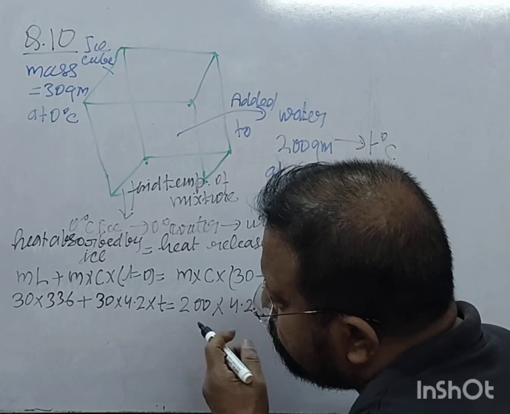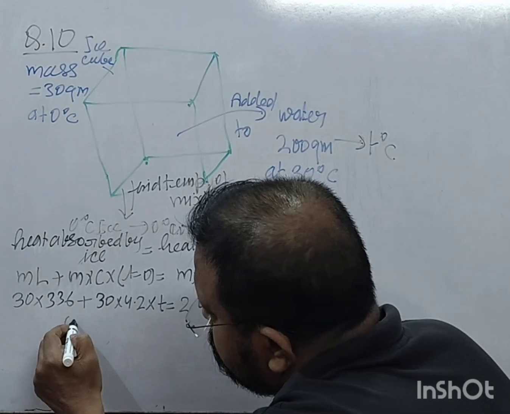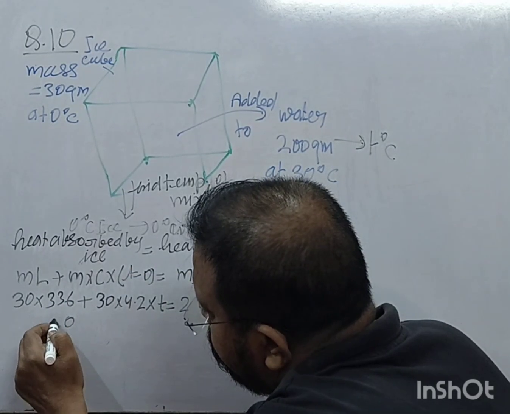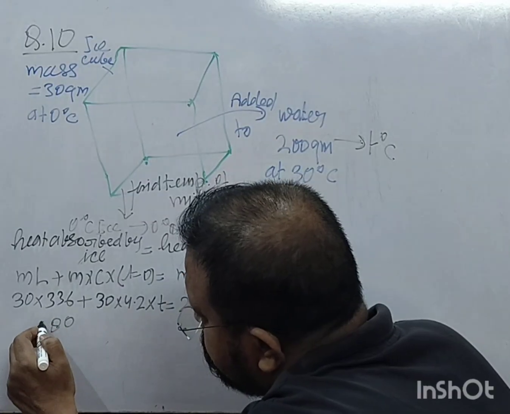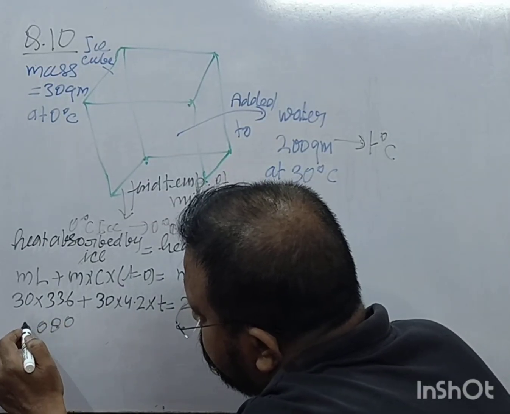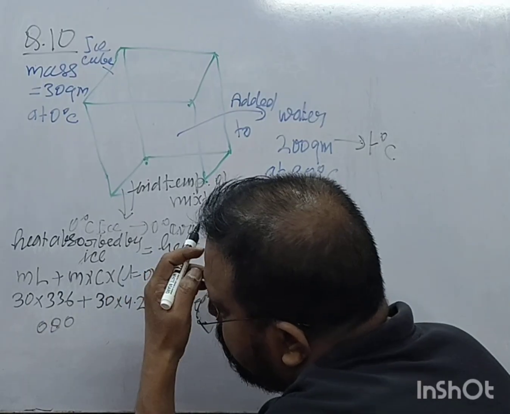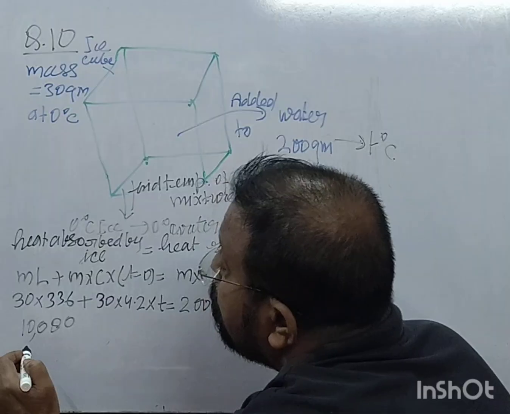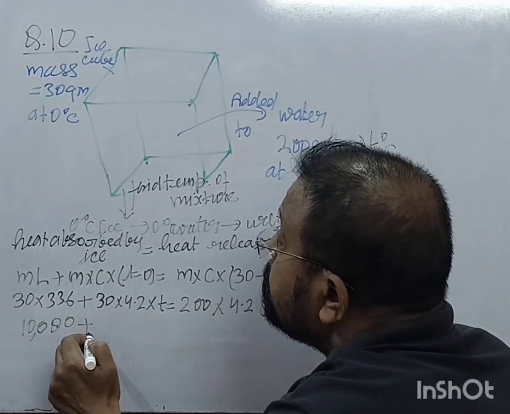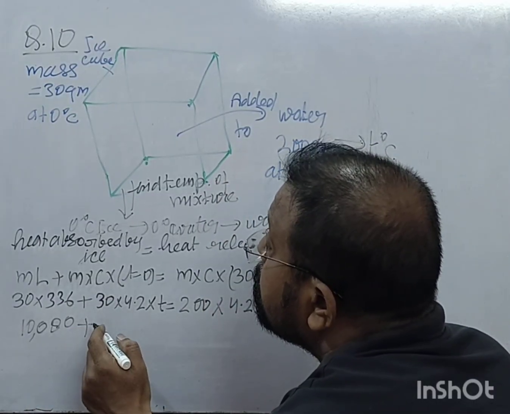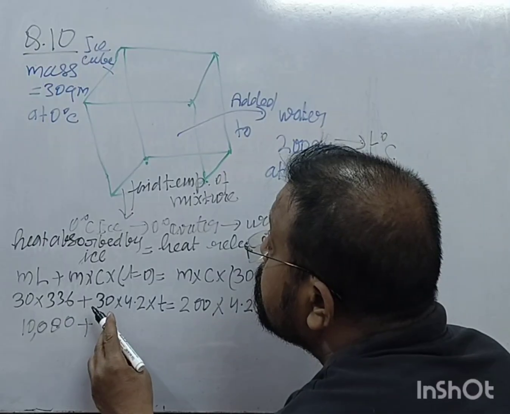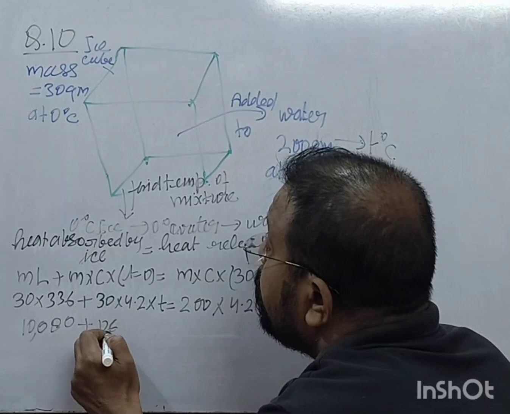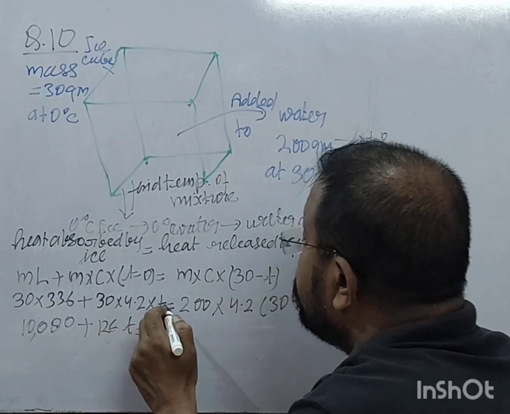So this will be how much? 6 times 3 becomes 18, 3 times 3 is 9, so 10,080, plus 126T is equal to